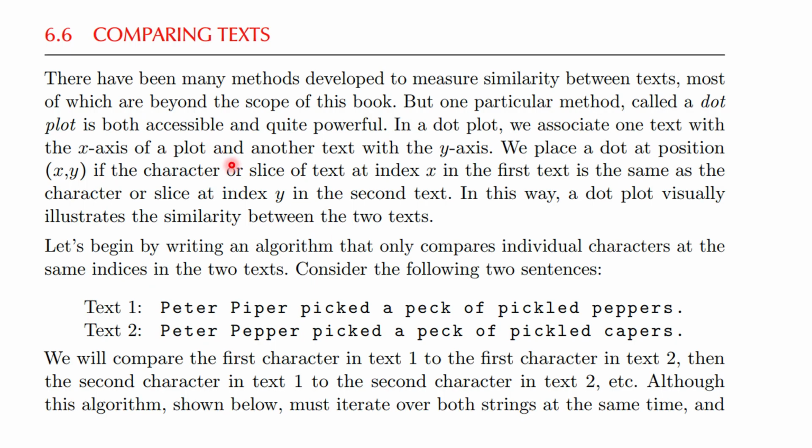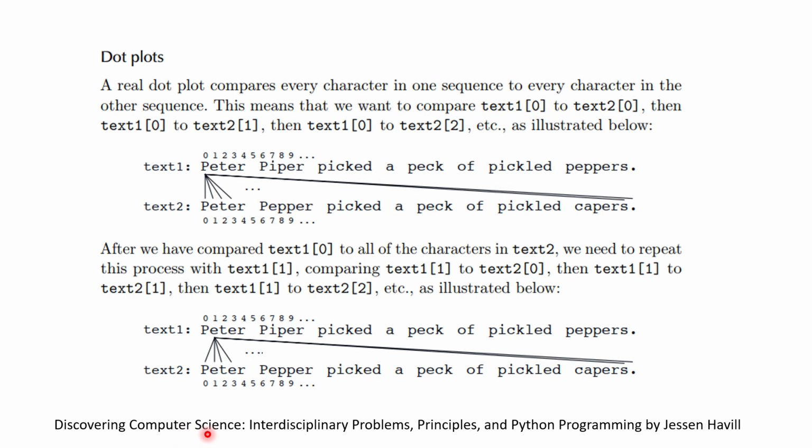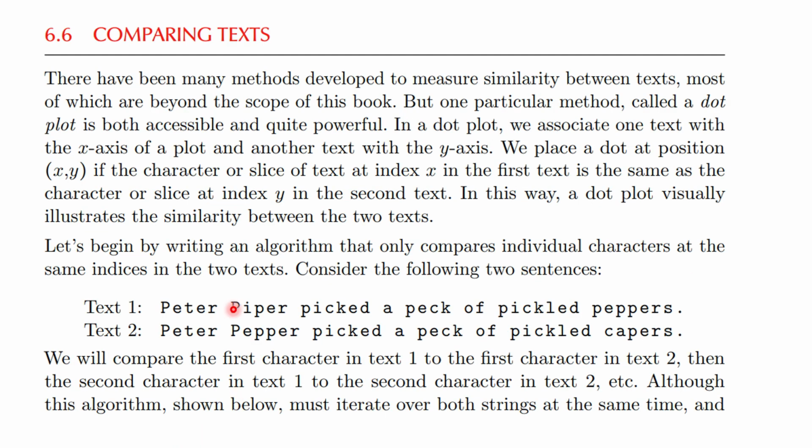Okay, welcome to this session, and in this session we are going to discuss dot plot. As mentioned in this Discovering Computer Science book, dot plot is one of the methods to find the similarity between two texts. So in dot plot we can associate one text with the x-axis of the plot and another text with the y-axis. So it means that text 1 will be placed on the x-axis while we can place text 2 on